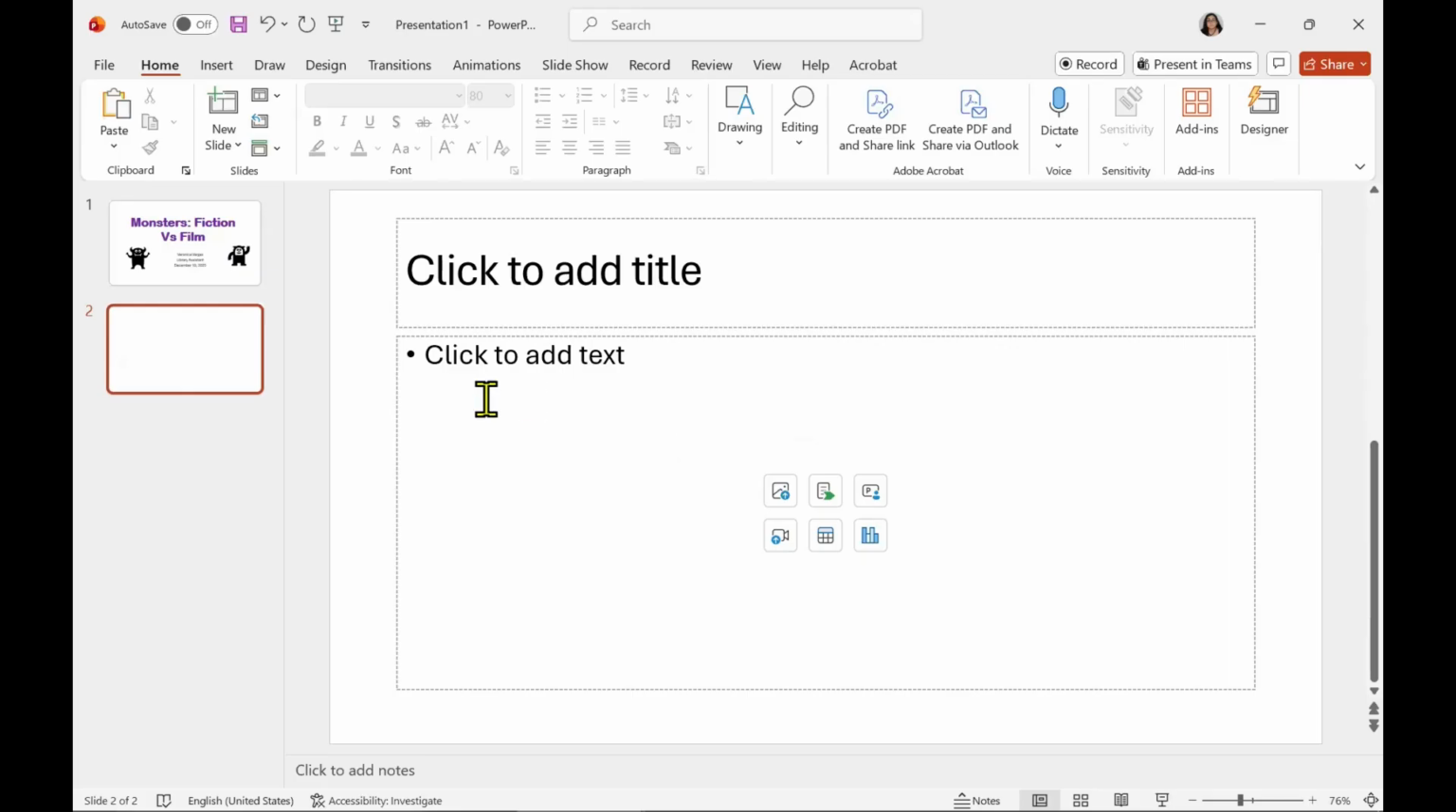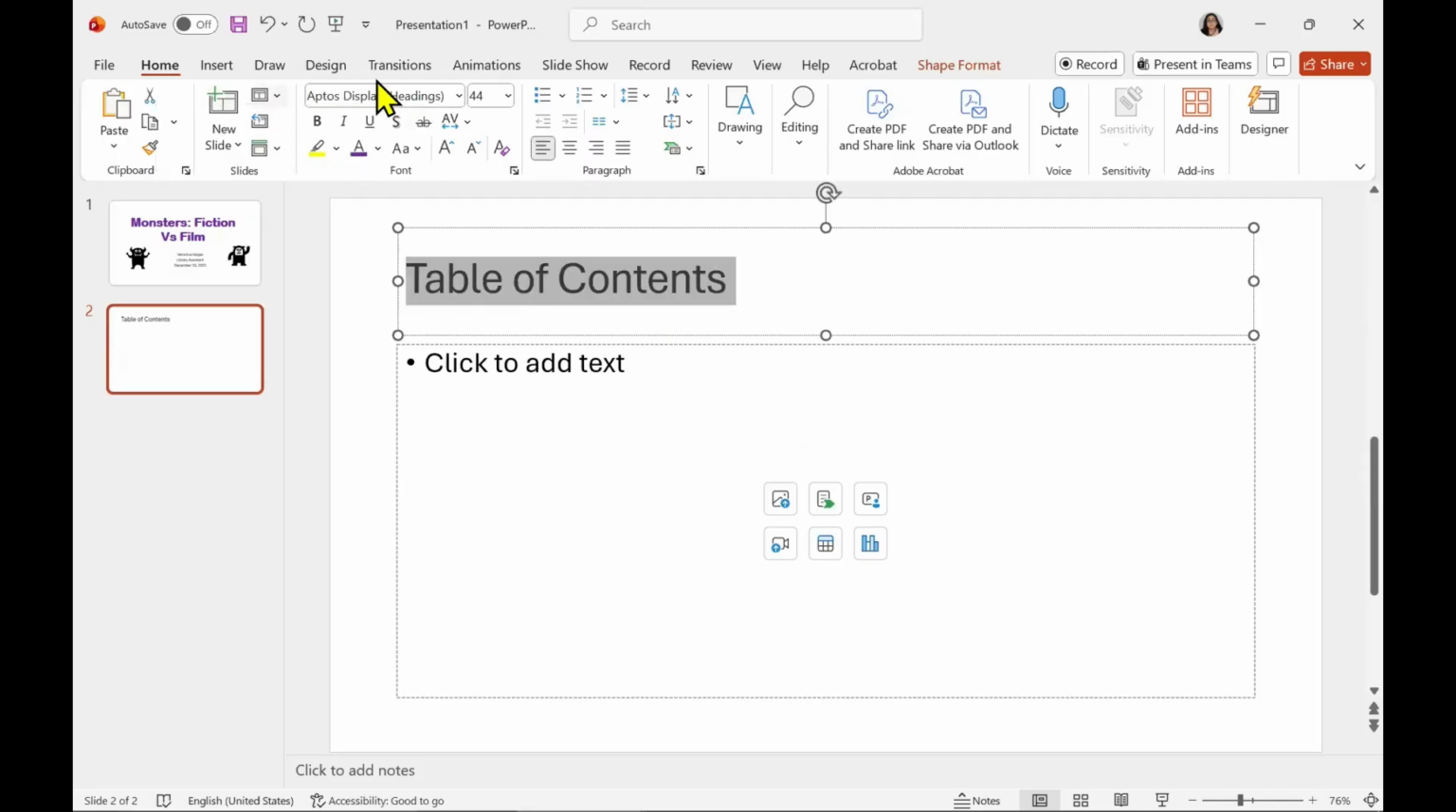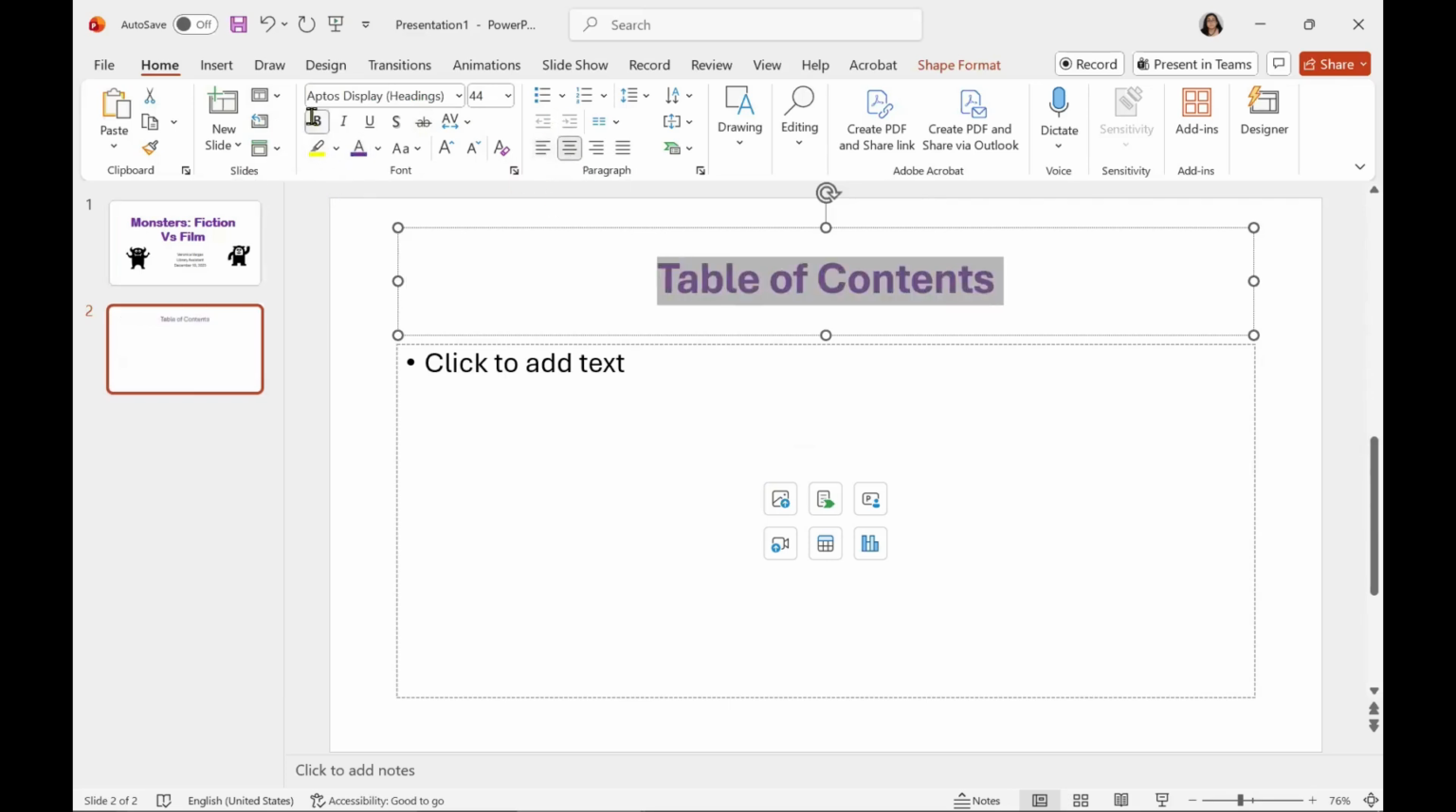But for this one, we want to go ahead and start typing our text. So for our title, we're going to put table of contents. As you can see, the font didn't generate the color or the font type that I wanted. So let's go ahead and highlight the font, and then when it's centered, bold, and